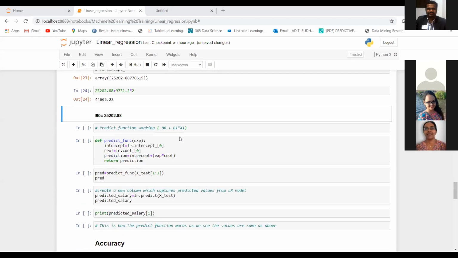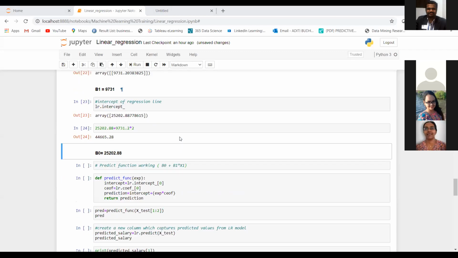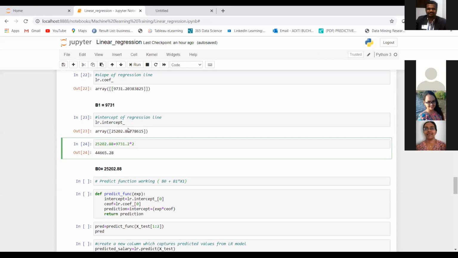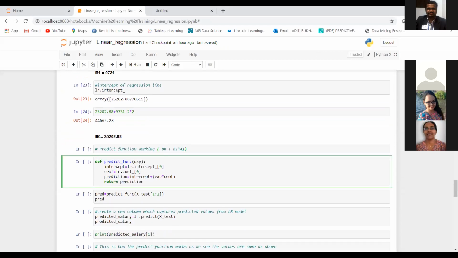Okay, so let's move forward. I hope that all of you have understood how the predictions are made, right? Only the new values are substituted in that. Whatever we did over here manually, I have written a function for that over here.